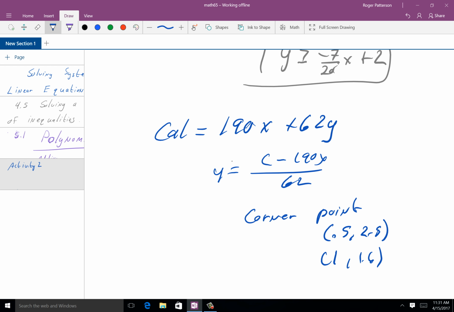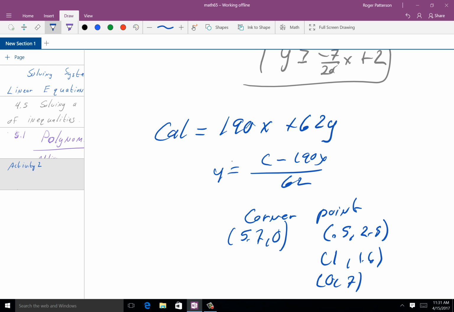Then I need this corner point way up here. Okay? And that's 0 and 7. And then I need this corner point way down here. And it's 5.7 and 0. Alright. Now I'm going to get rid of this